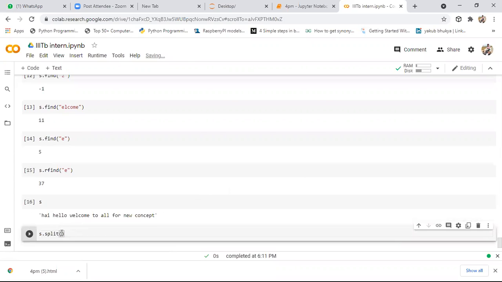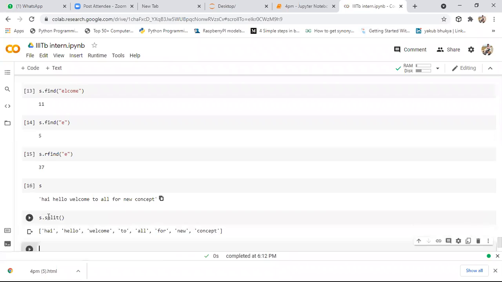If you don't specify any separator, by default it will split the words based on spaces. Wherever a space occurs, it will consider that as a unique word. And remember guys, till now we did not discuss the concept called list. But whenever you apply the split function on a string, it will give the output in the form of a list.